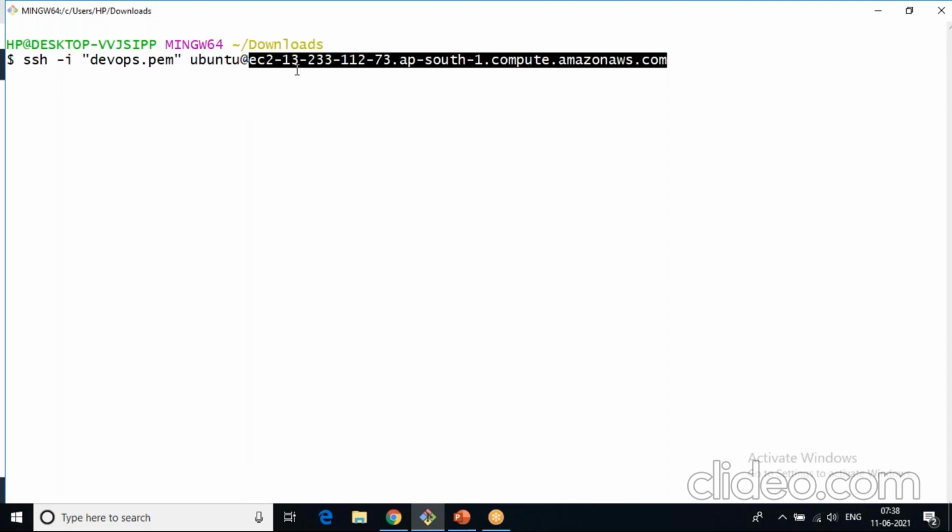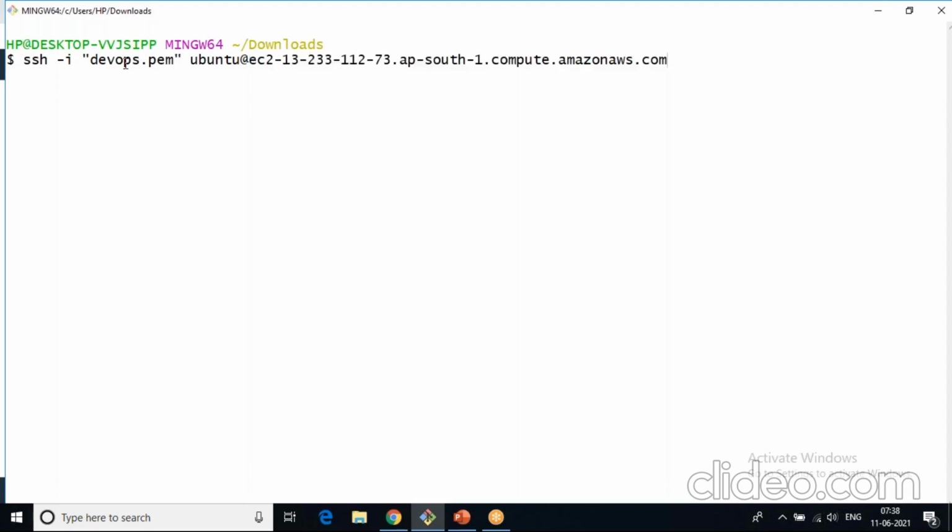So when you try to run this, it will be asking for password. So that is where instead of asking for password, we are using -i and the PEM file. So take this key as a password. That is what we are trying to tell. And now watch this. When I enter,